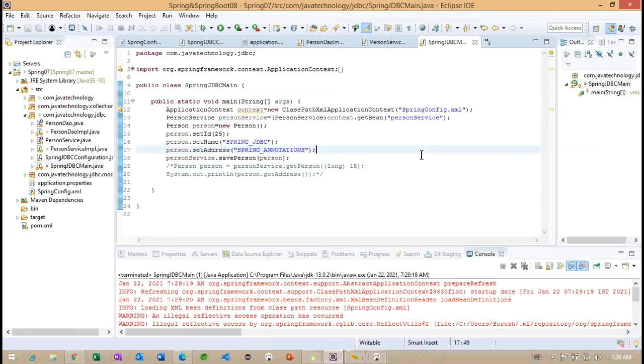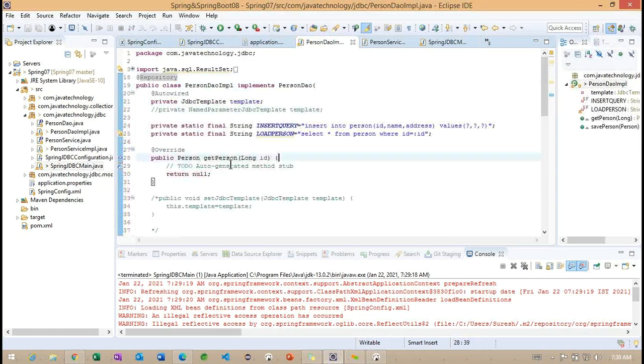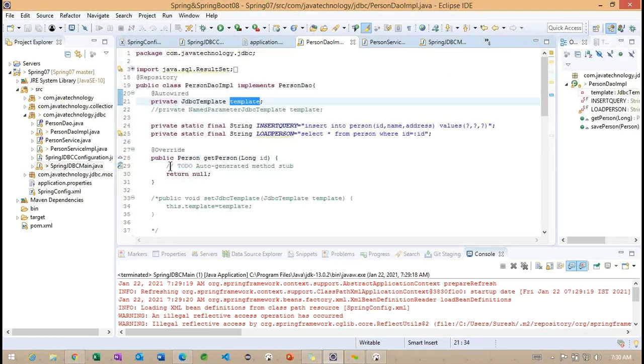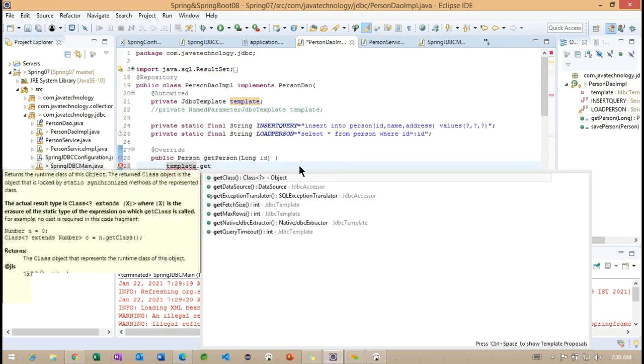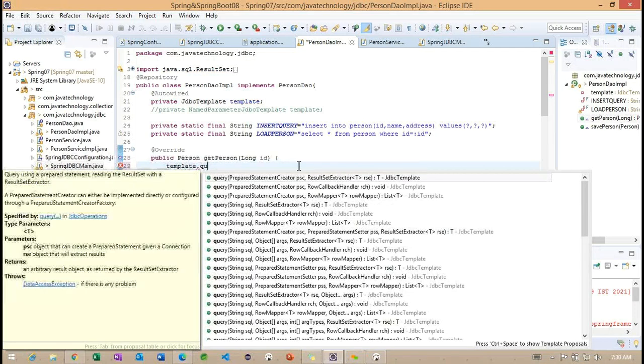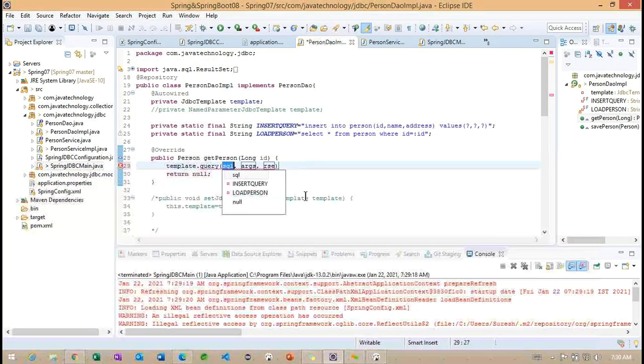Now we'll check by getting an object of this JdbcTemplate. This is the get person. Dot query. First we'll give the set extractor. What is the SQL here?